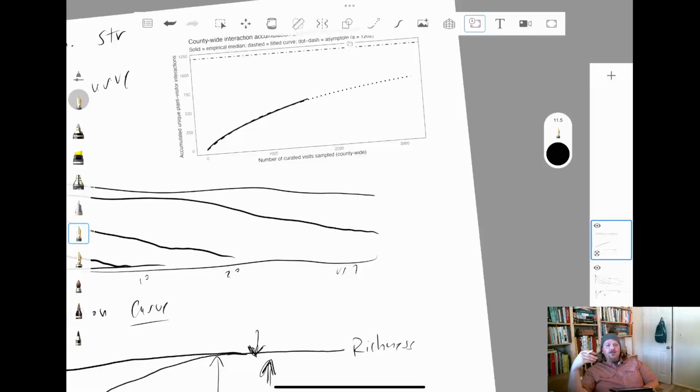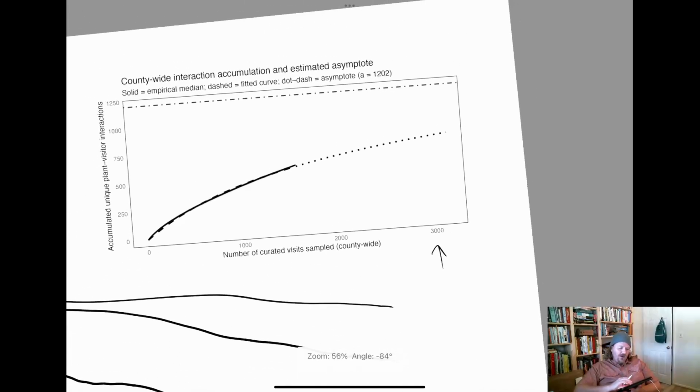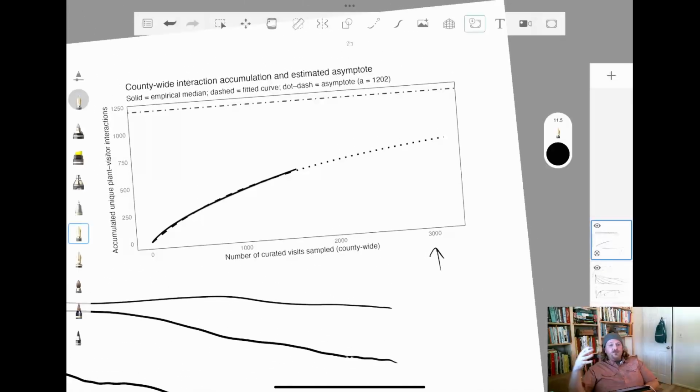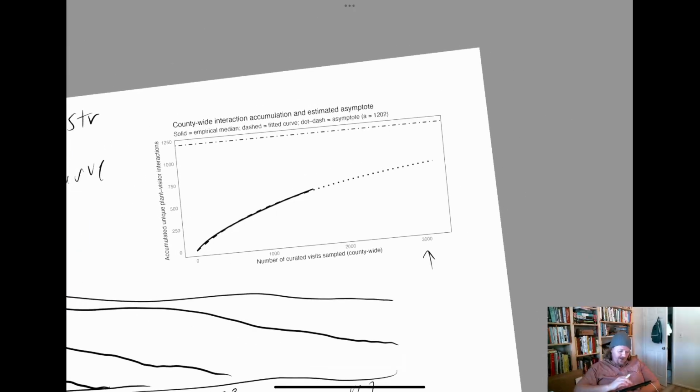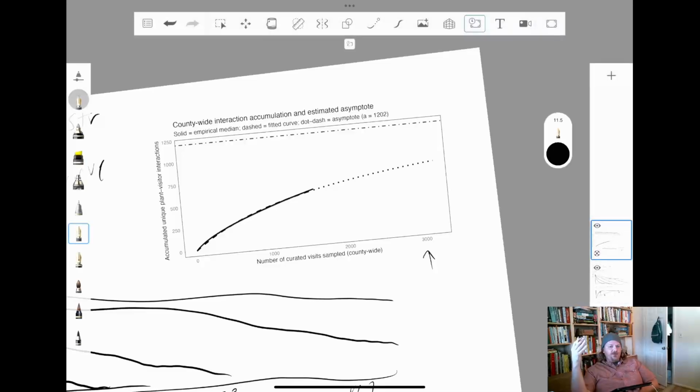Did we see a honeybee on Bidens? Did we see honeybee on Richardia? Did we see honeybee on Hamelia? Right? Each of those is a unique interaction. And we can ask, when we look at lots and lots, thousands of iNaturalist observations, how well have we accumulated the diversity of those interactions? How close are we to knowing how many unique interactions between pollinators and plants there are, for example, in Broward County? So these are data from my lab, like I said, where we looked at a bunch of plant-pollinator interactions